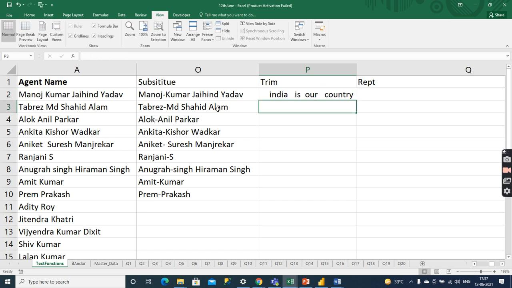Trim is the function that removes the extra spaces. It will remove extra spaces from data.